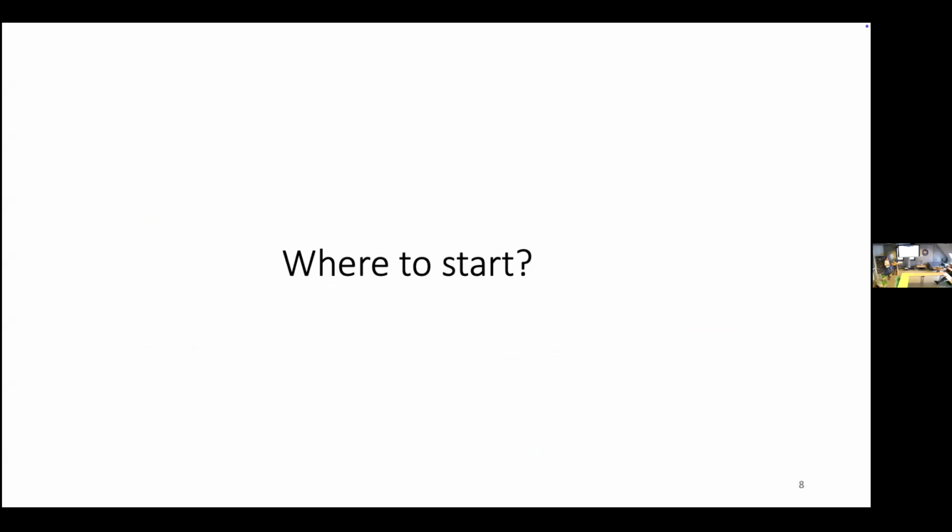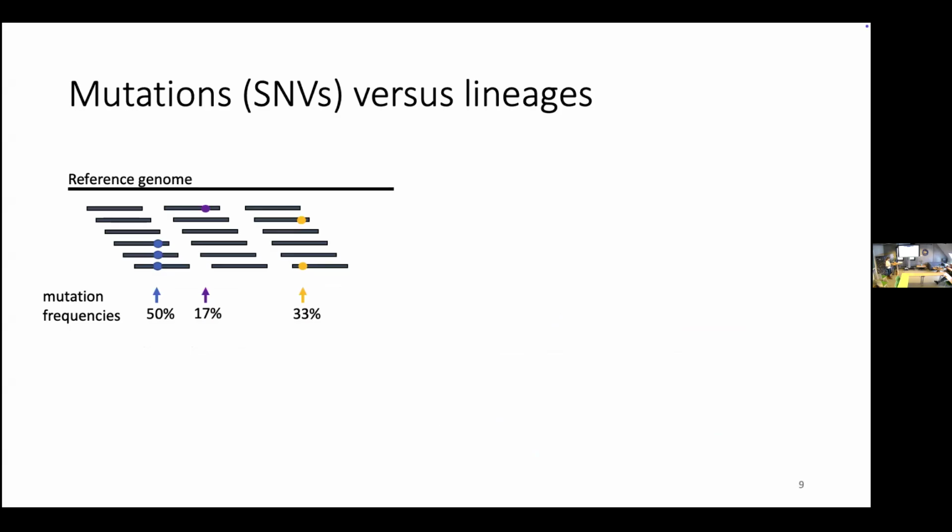So where to start? Many people were looking at this in the pandemic, and the first, most naive thing we do is to take the genome that we know, which we call a reference genome. It's here on top, illustrated by just a line, and we have our fragments, and we align them to the reference genome. So we see where in the reference genome this fragment belongs, and do we see any differences compared to the reference genome? For example, you might see this blue mutation, where a nucleotide has changed at a certain frequency. We see a purple one and a yellow one, and they will appear at different frequencies.